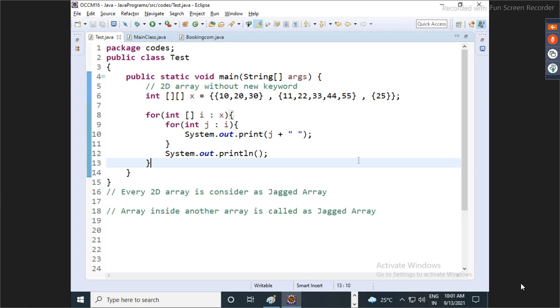Okay. So, online people, can you try this on your own? Non-primitive array with new, without new, two-dimensional. Note down this.